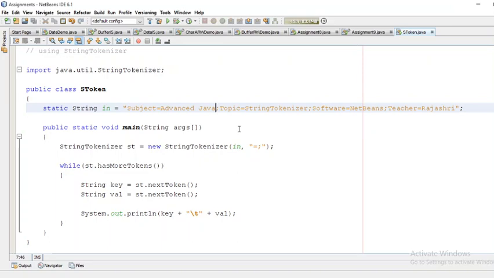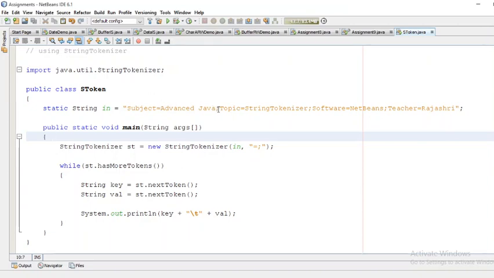That means here I have two special symbols: one is equal and another is semicolon. By default, space is considered as a delimiter, but I don't want to use space as a delimiter. What I want is delimiters as equal and semicolon.